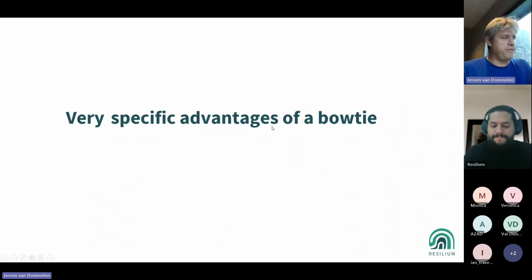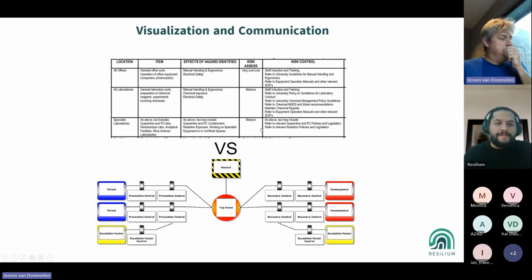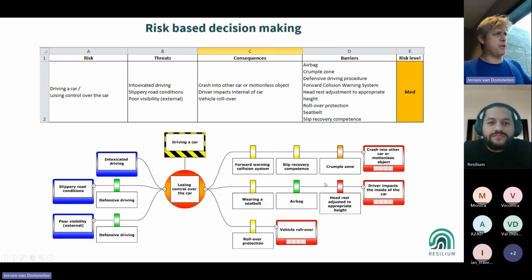Now, what are the specific advantages of a BowTie? First of all, the visual aspect. You've got a risk register, but a picture paints a thousand words, as we often say, very attractive. If you start mapping your risk register onto your BowTie, you can see other things. In this case, I've mapped a risk register onto a BowTie, and I can actually see that one of the